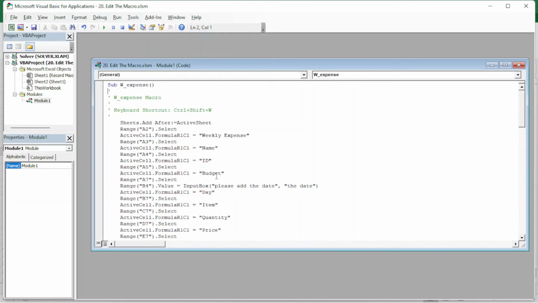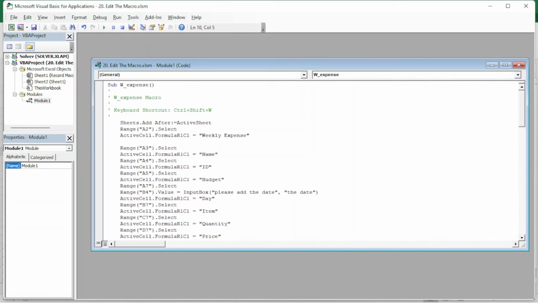So, and here I want to add the date. For example, I add date in column D4, and here I want to add it after the weekly expense. I just press enter. I write here range, bracket. After that,